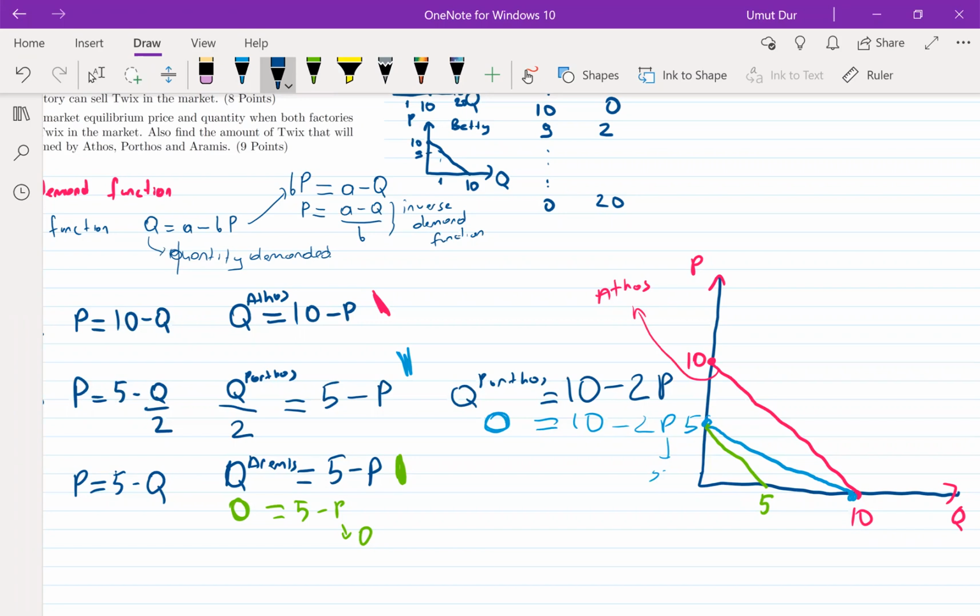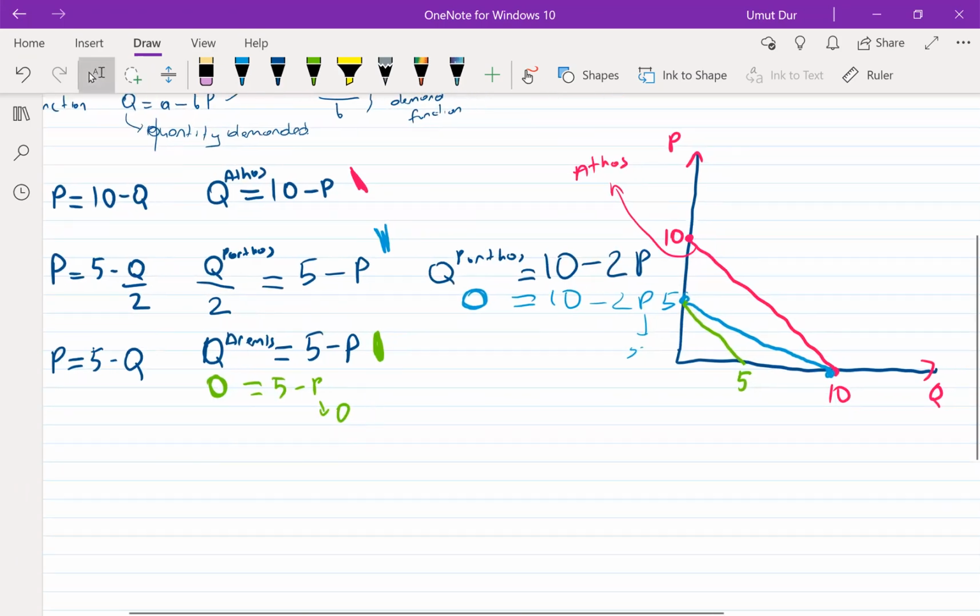So this graph will be on our mind. And I will look at different price levels here. The price levels that I am looking at are the ones on the vertical axis, so on the y-axis. So when the price is greater than 10,